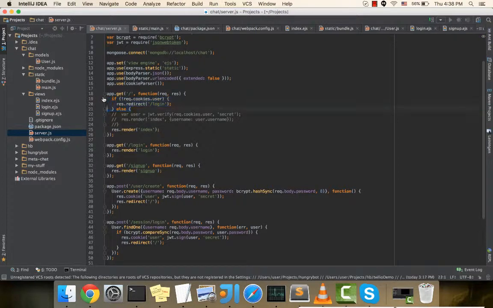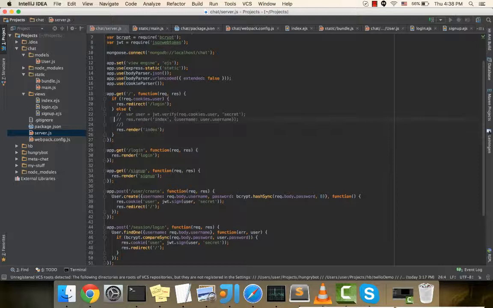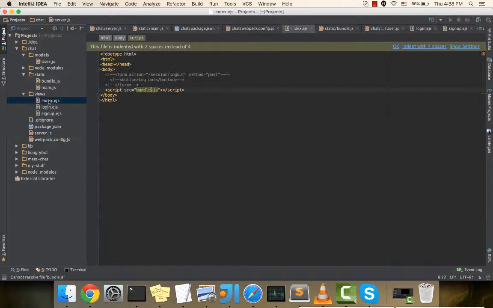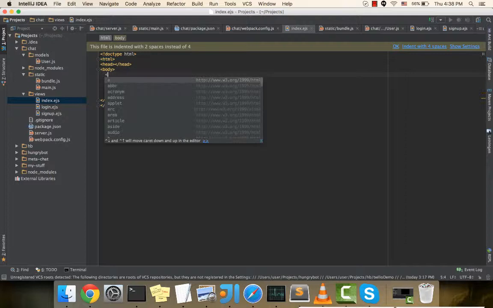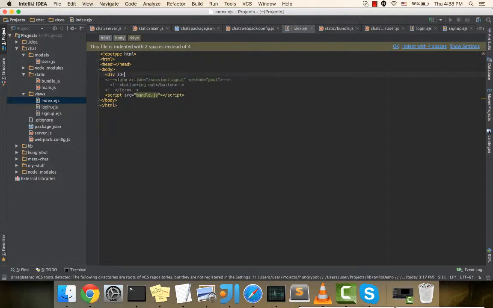If the user is not logged in, I still want to just redirect them to the login page. If the user is logged in, I want to render the index page. I want to keep this. Okay, so now what I want to do is create a div with an ID of content,